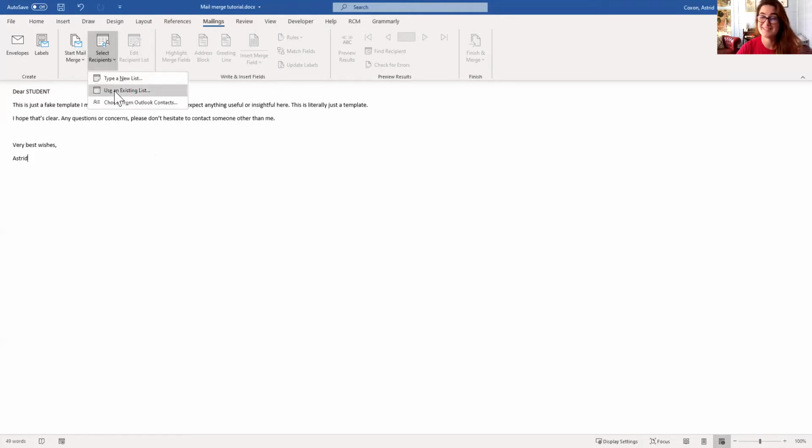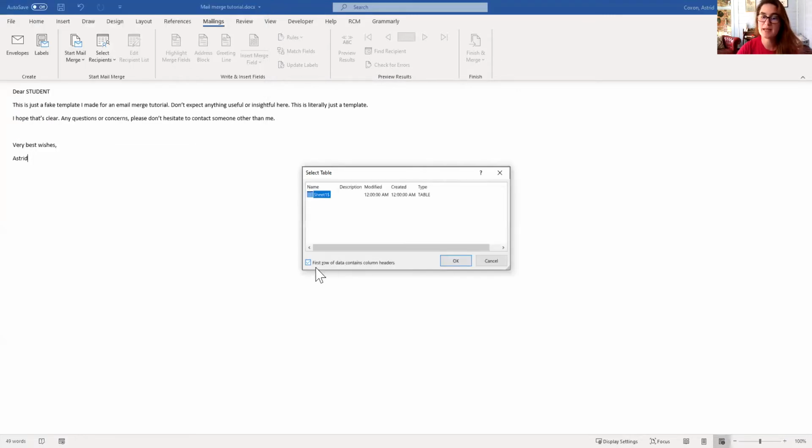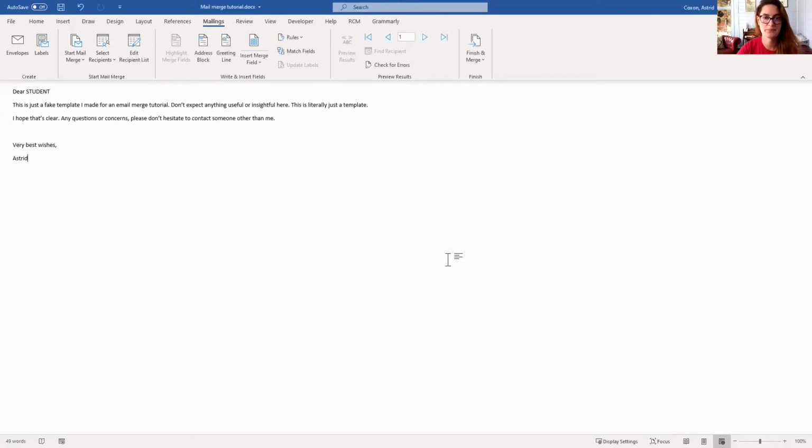So we are using an existing list because we've already got one from the one that we converted earlier. So use existing list, and I've saved this on the desktop. So select my student list, the Excel file, select open, and then make sure this is checked: first row of data contains column headers. So that's our first name, last name, email. And just hit OK. And then what that does is it automatically generates all your recipients of your emails, and